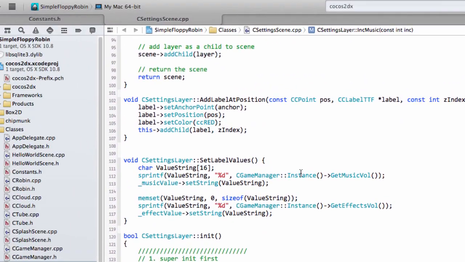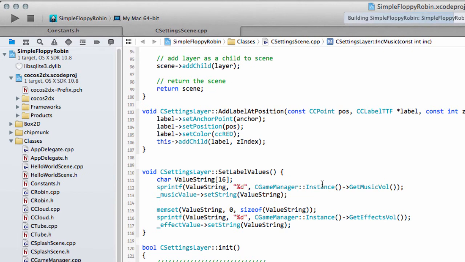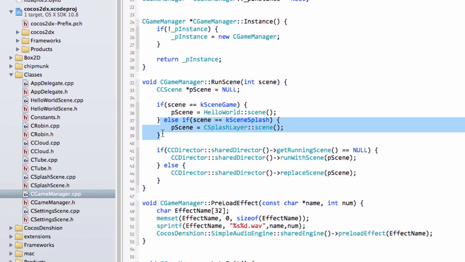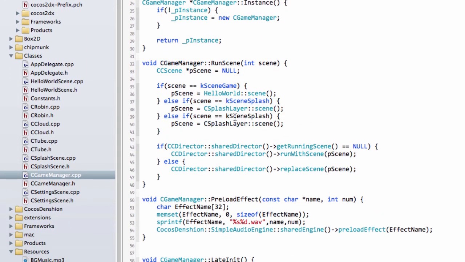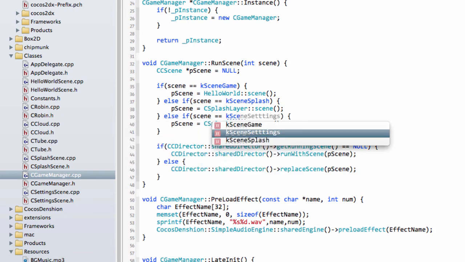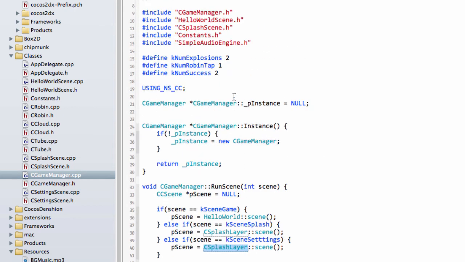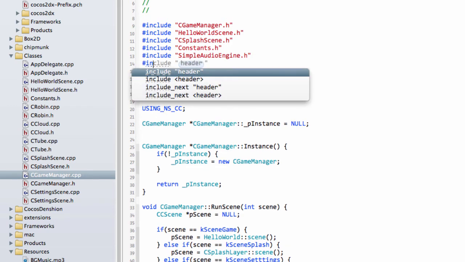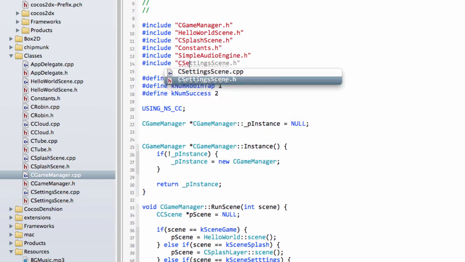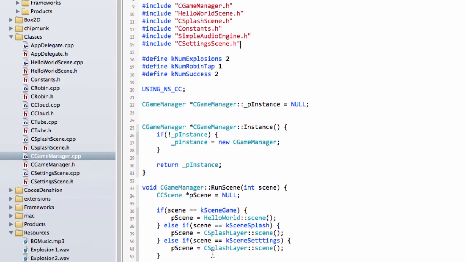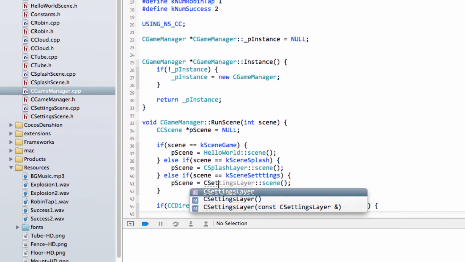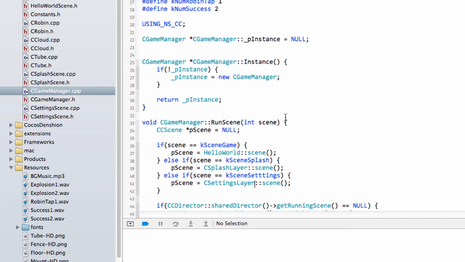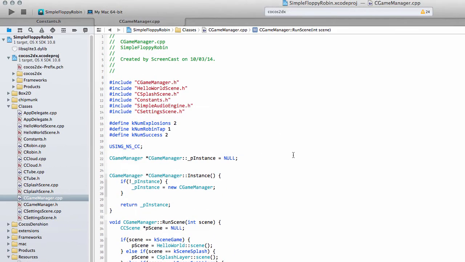So I'll just build this and make sure it all builds. And last but not least, we need to go into the CGameManager and set up the running of our settings scene. So I'll say K-scene settings, and then we will play, and I need to put in here, of course, the include for CSettingsScene. So here it will be CSettingsLayer and scene. So now if I run the application,